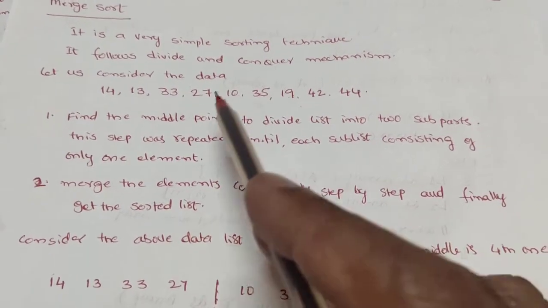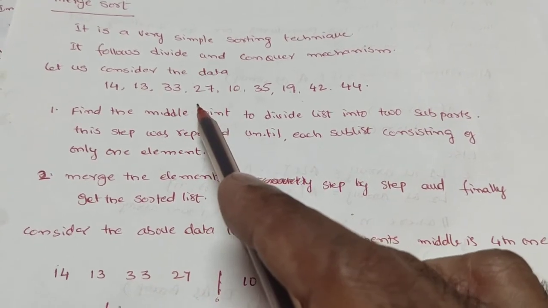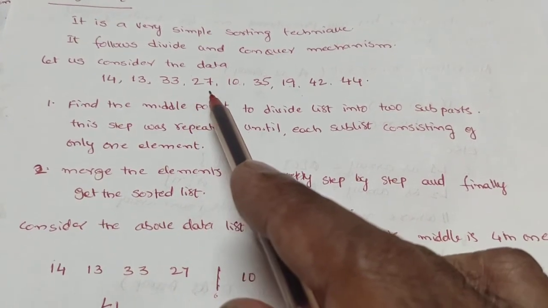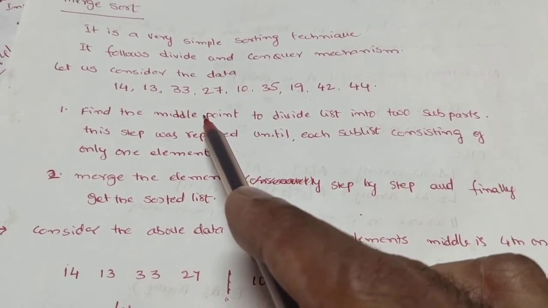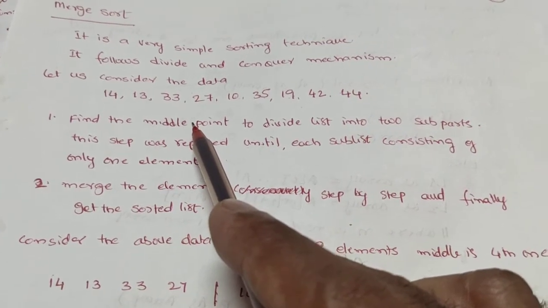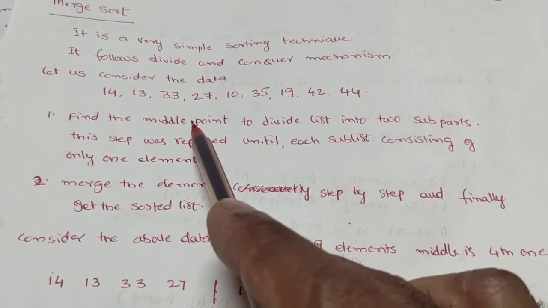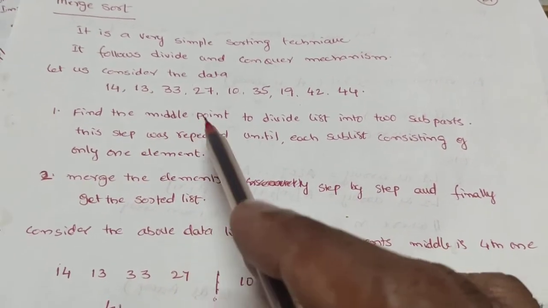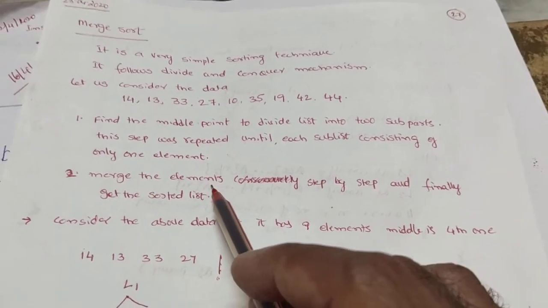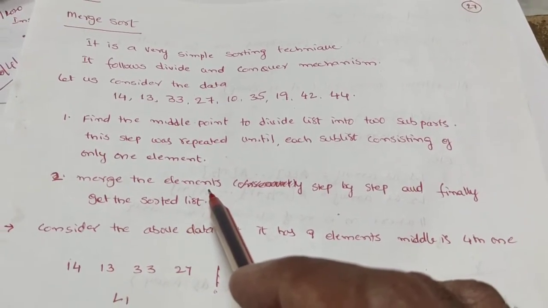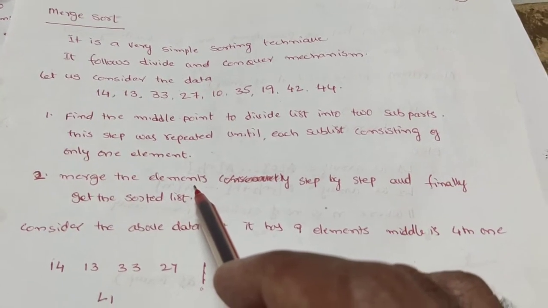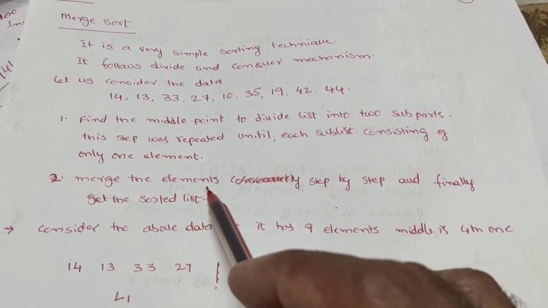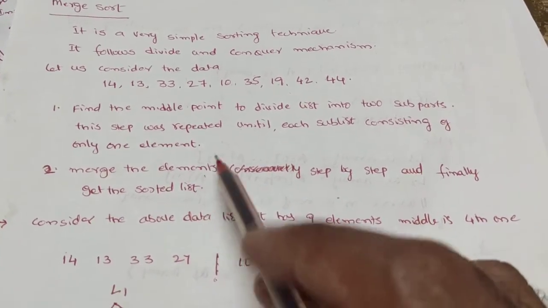That means again we subdivide the list L1, the 4 elements, into 2 sublists, each sublist consisting of 2 elements, and again we consider the sublists where each consists of 1 element. In the example below I will explain clearly with a neat drawing. And then whenever each and every list consists of one and only one element, we merge the elements according to an ascending order or descending order procedure.